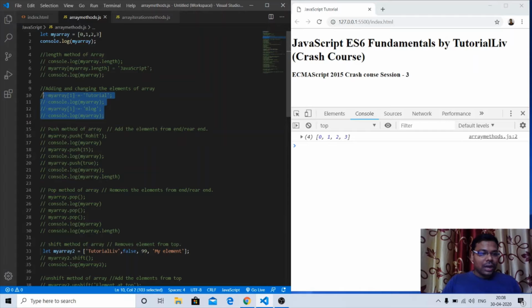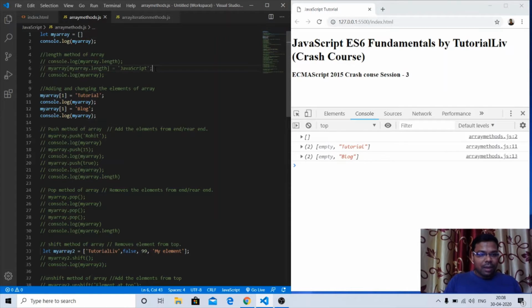As I told you that we can add elements like this. So here I have tried to add tutorial. Let me blank this array again. So now we have an empty array. We have seen that particular example. In my array at 1, at first position I want to add tutorial. So I haven't added anything at the 0th index at this time. That's why you can see it has created an empty element or a hole in the array at the 0th index, but on the first index we have added tutorial. Okay, so we have now an array like this: empty, and on the first index we have tutorial.